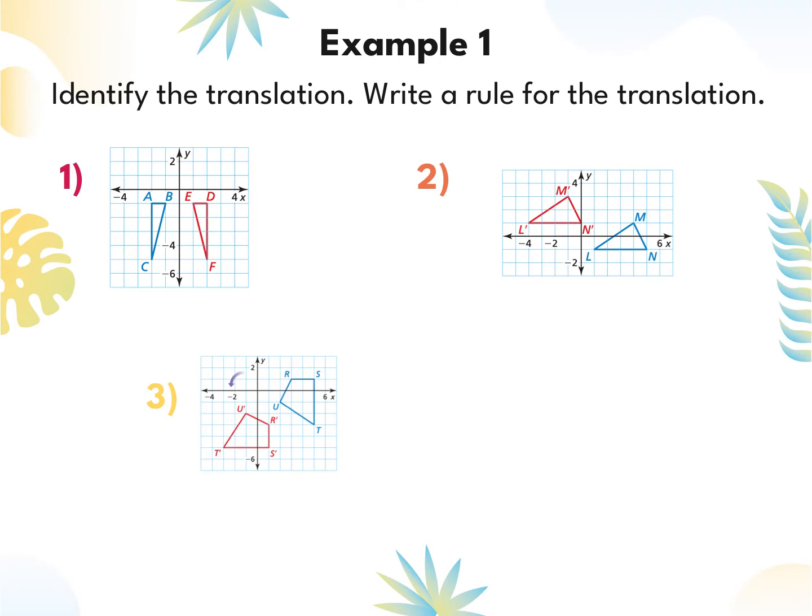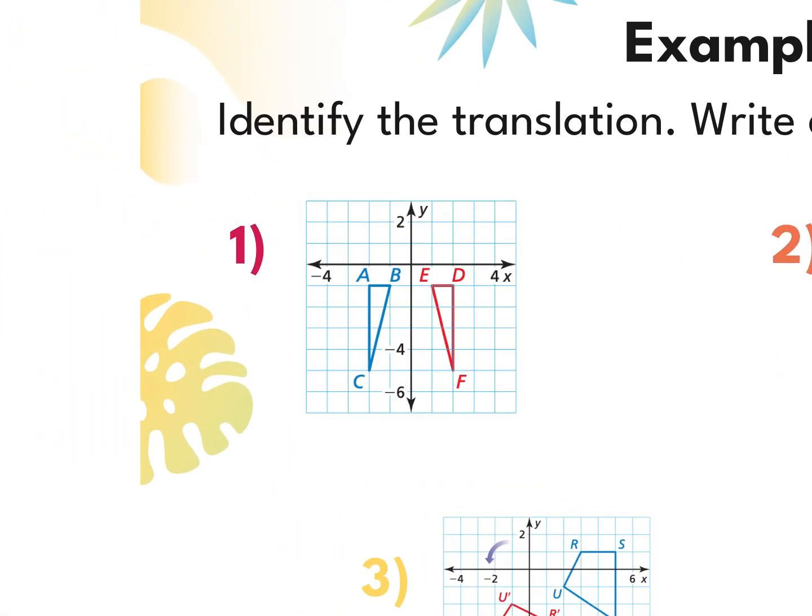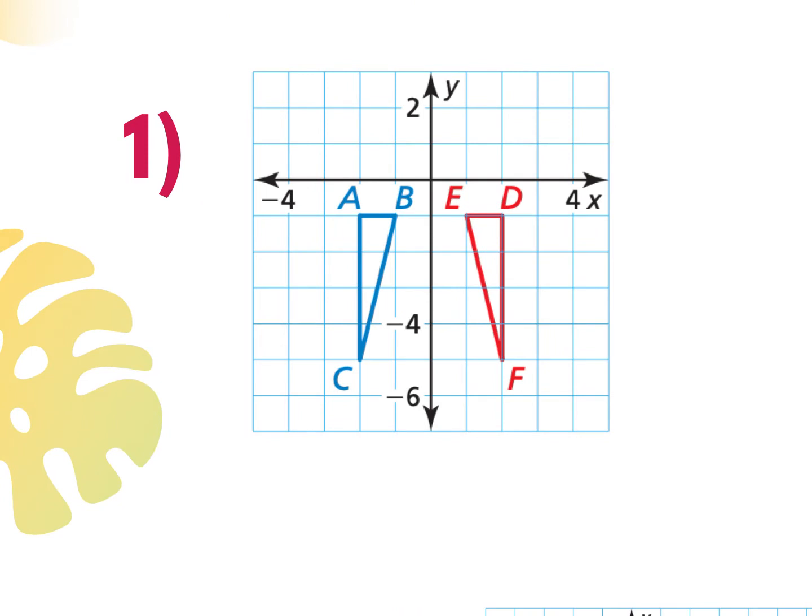So the first one, notice this looks like a mirrored image, and the blue one is the original, and the red one will be the new one. Now, just to keep with the same naming, let's call E, the E is going to be my B prime, because this is going to be the new B, and this is going to be my new A, and then this is my new C, just to keep with the same naming here. So because it's being reflected across the y-axis,